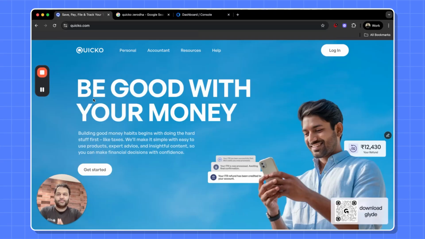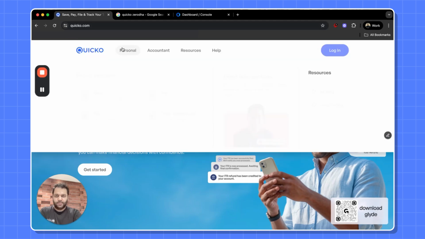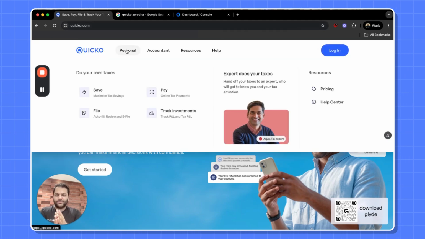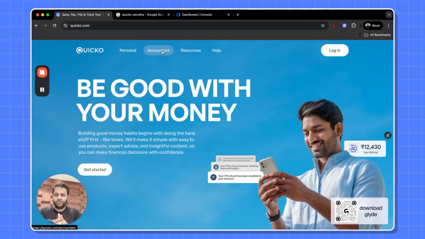Now, there are a few ways to get started. The easiest one is to visit quicko.com. As you can see, I'm already on quicko.com. You can see that Quicko offers tax filing and planning products for individuals. We also help accountants file income tax returns for their customers. A lot of small businesses also use Quicko for their GST and TDS return filing needs. But today we're going to stay focused on personal income tax return filing since the due date is 15th of